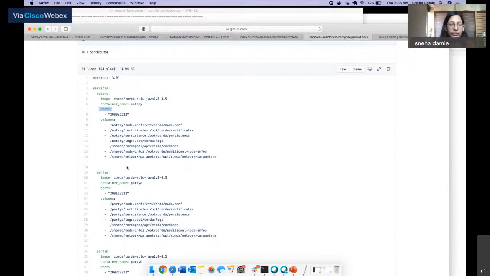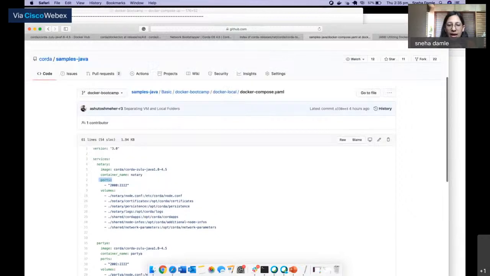After that, we simply ran the docker-compose up command to start the containers and to deploy the Corda Docker image individually onto each container. Then we saw how the parties were deployed individually on each container, and then we issued a token from one party to the other party.